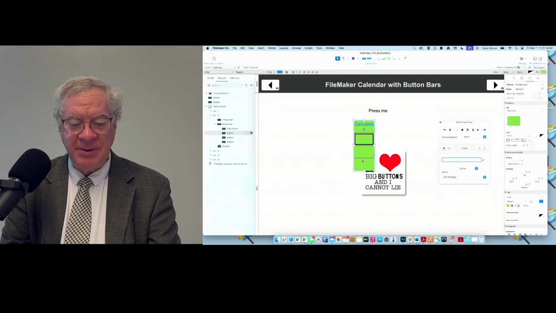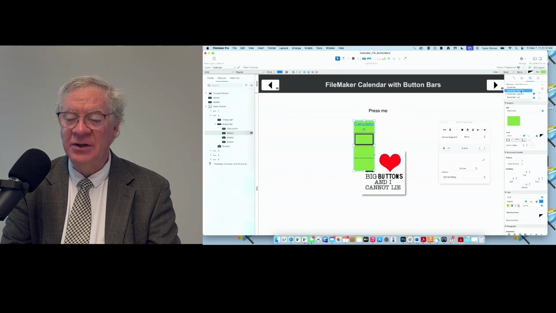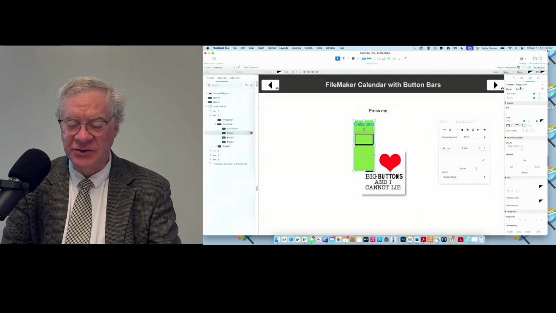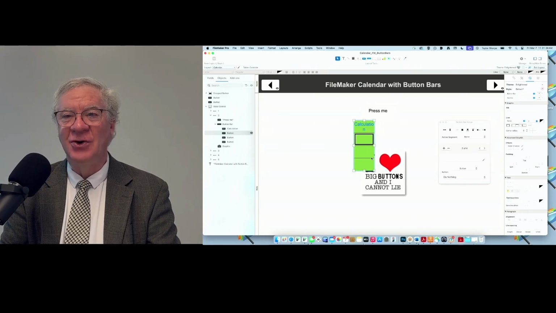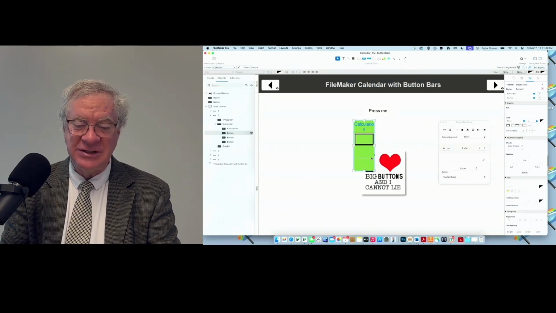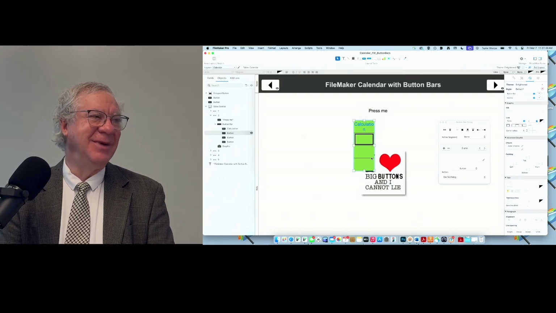The little black line between here is what they call the segment, and then the outside is the outside line. So the segments are different, and you have control of the segments over here versus the dividers, and then the bar itself. I really use button bars a whole lot. Most of the time, it really is what I consider a button killer. I don't make buttons anymore.